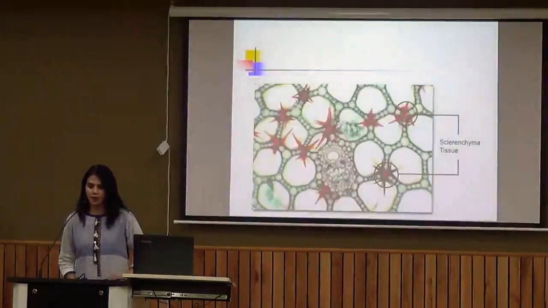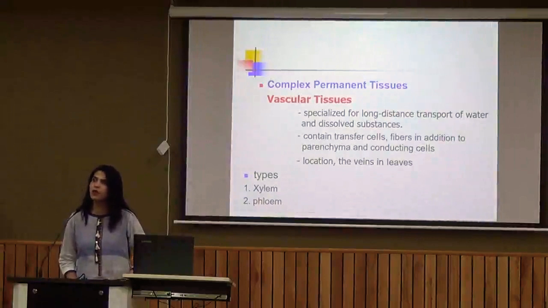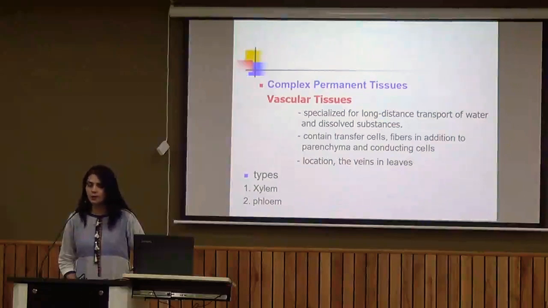Now this is the diagram of sclerenchyma tissue. So you can see stone and sclerite also present in it. So first of all, now the next is complex permanent tissue. Now the complex permanent tissue, why do we call them as complex? Because in this particular case we are having more than one type of cell which combine together to form a